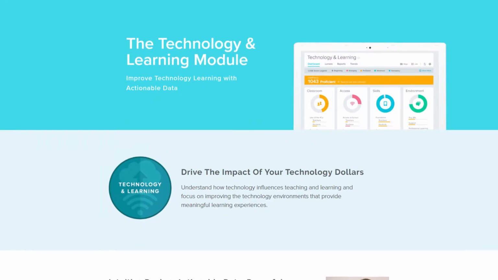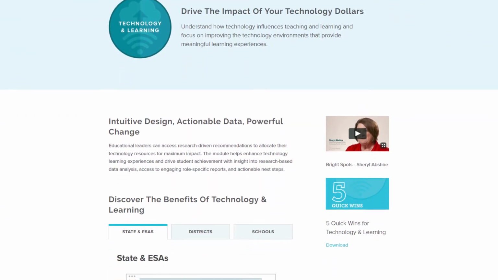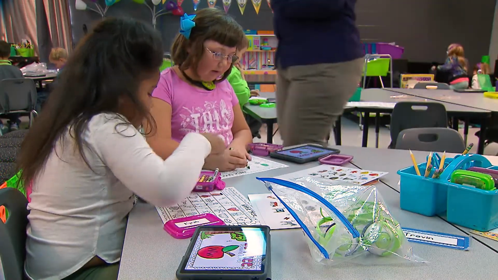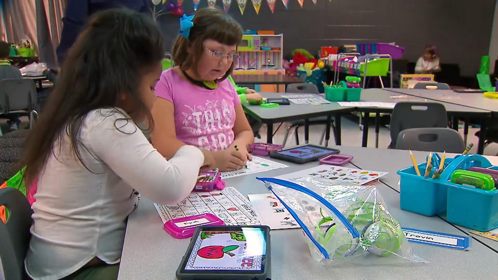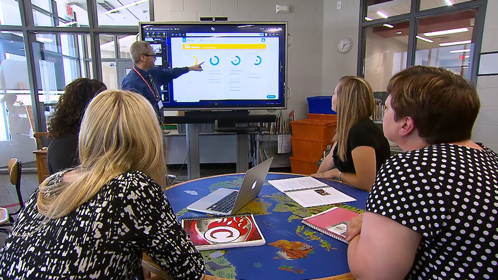And so one of the things that we've done is to implement something called Bright Bites. And Bright Bites is just a data source that we take a survey with parents, students, and teachers, grades 3 through 12, and try to get areas that we're doing well with. With Bright Bites, we're able to see how kids are using technology and if it's making an impact on the learning that they have. One of the things that we've done to take the Bright Bites data even further is